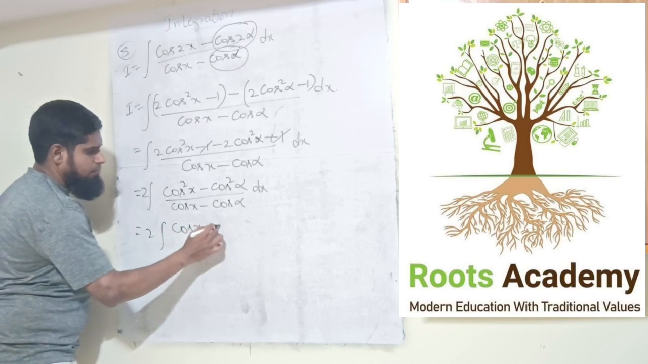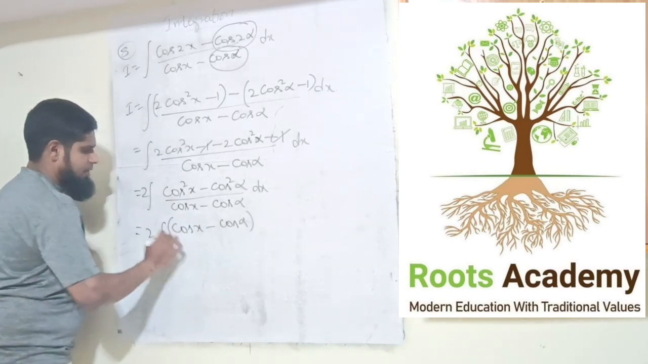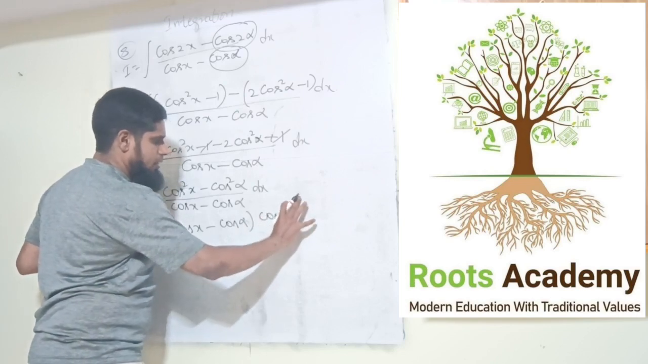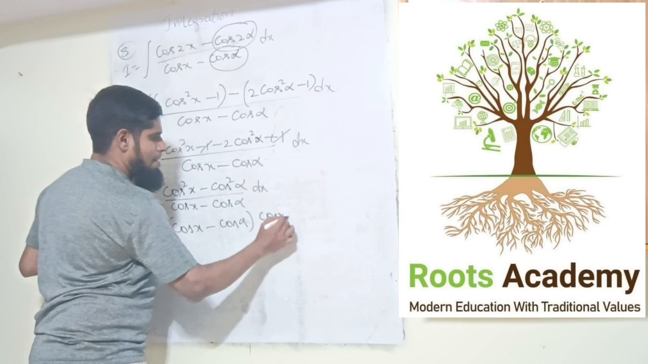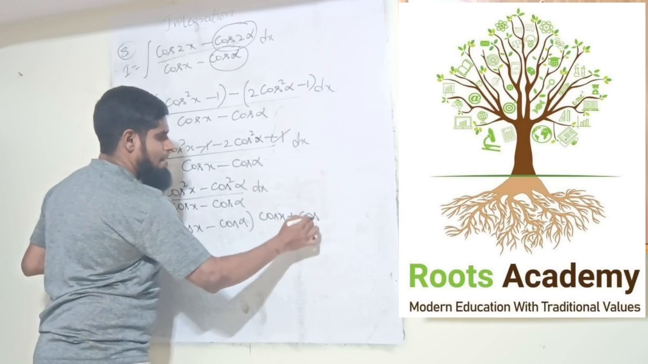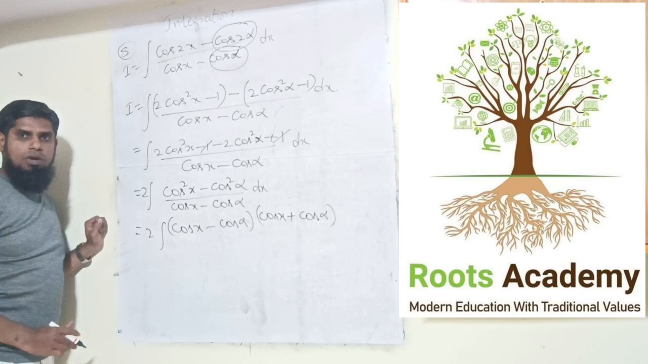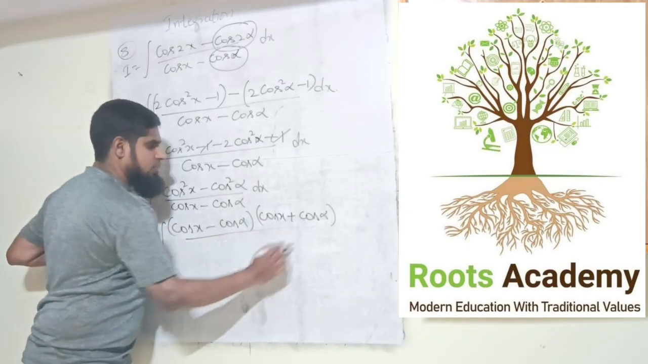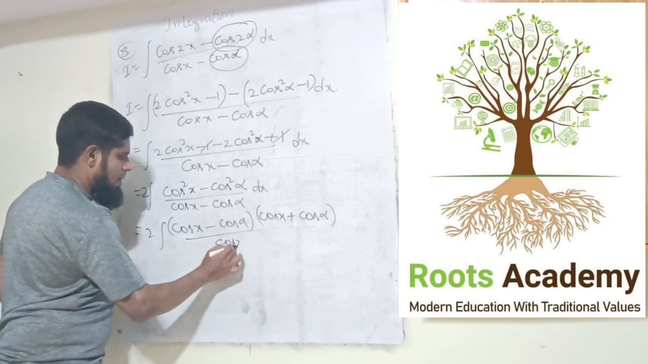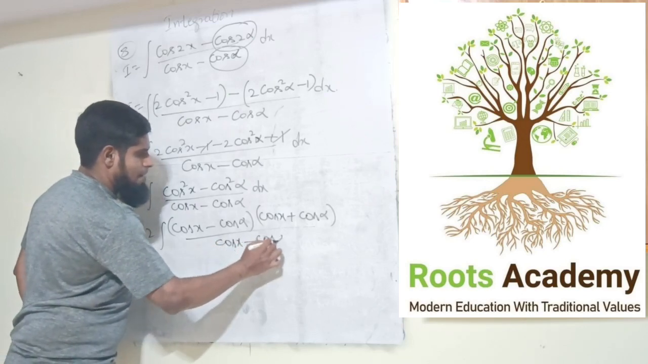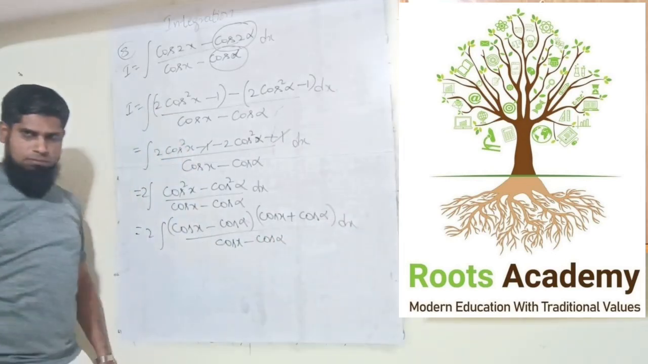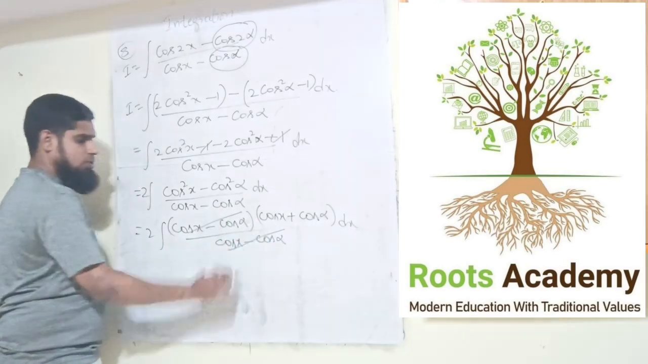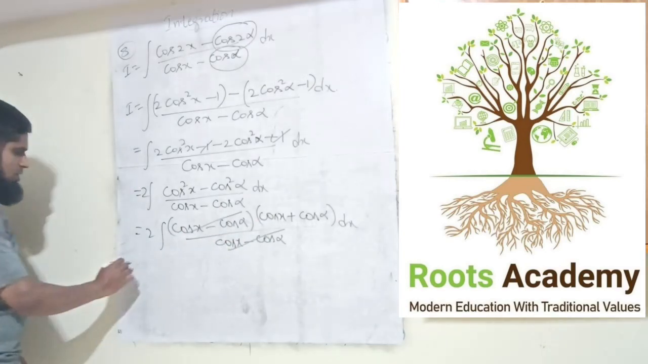cos x minus cos alpha into cos x plus cos alpha. It is a square minus b square form, a minus b, a plus b. Denominator as it is, no changes, cos x minus cos alpha dx. Now numerator cos x minus cos alpha, denominator cos x minus cos alpha as it is